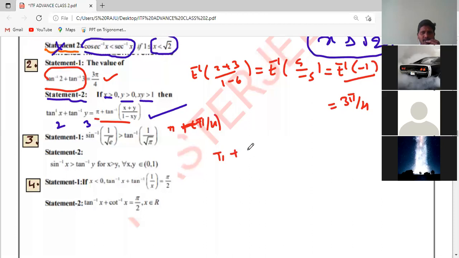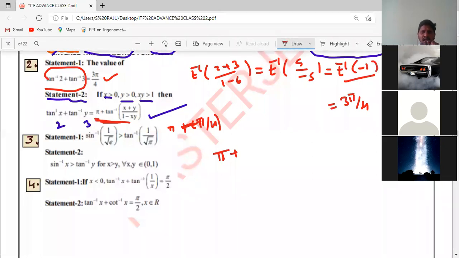See here, pi plus. If you get any doubts, you can write it as, I'm taking directly, I'm not writing minus pi/4. If you apply this property here, actually your doubt is, tan inverse minus 1 also can be written as minus pi/4. But minus pi/4 does not belong to the principal value branch of tan inverse. So if you apply this property, tan inverse of minus 1 will be 3 pi/4. Got the answer? So we got LHS equal to RHS.